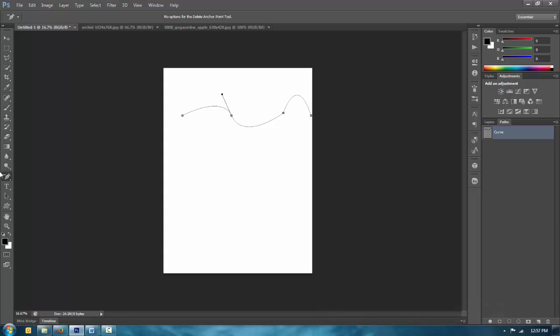Fortunately, paths can be infinitely adjusted just like they can be scaled. Path selection, this looks like a black arrow. The path selection tool lets you pick up a whole path and manipulate the whole path as a single unit. The direct selection tool lets you manipulate parts of a path. So that could be one whole span of the path. I'm just clicking and dragging on the shape. It can let you manipulate